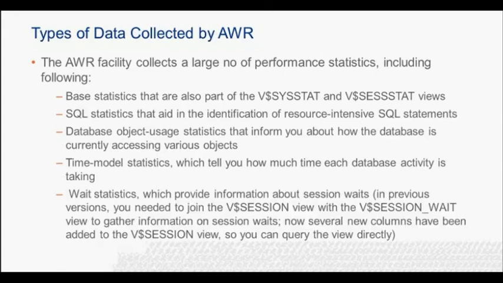The statistics collected and processed by AWR include object statistics that determine both access and usage statistics of database segments, time model statistics based on time usage for activities, displayed in the V$SYS_TIME_MODEL and V$SESS_TIME_MODEL views. Some of the system and session statistics are collected in V$SYSSTAT and V$SESSTAT. Also SQL statements that are producing the highest load on the system, based on criteria such as elapsed time and CPU time. And active session history statistics representing the history of recent session activity.